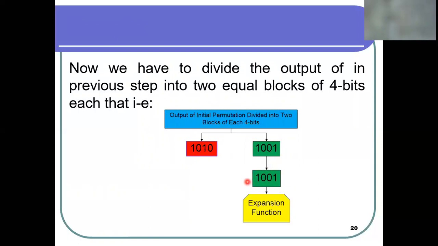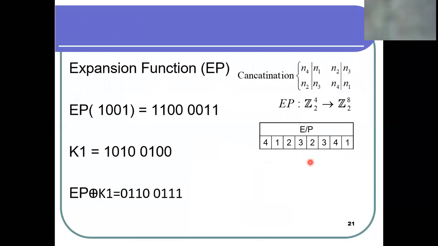You know what the expansion function does, it is on slide number 17. Basically it takes 4 bits and maps them onto an 8-bit binary vector. So when I apply the expansion function on the right 4-bit chunk, that is 1001, that is